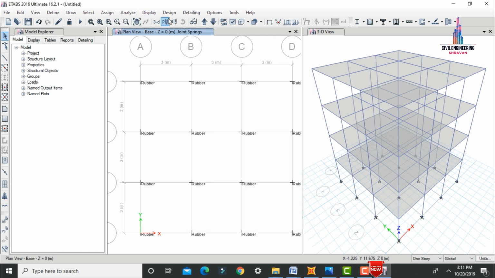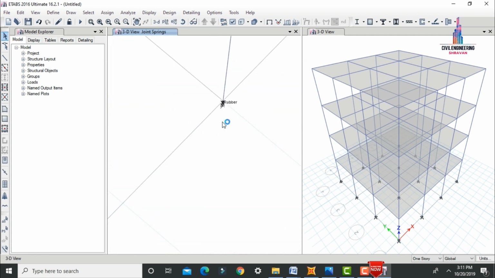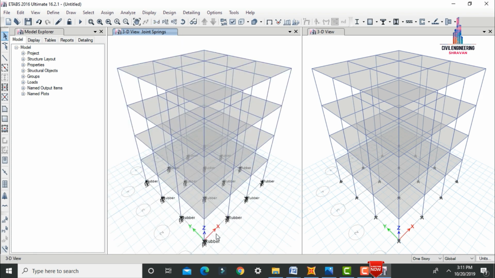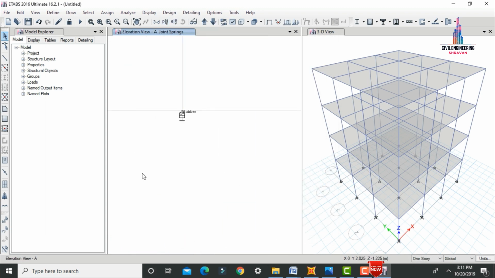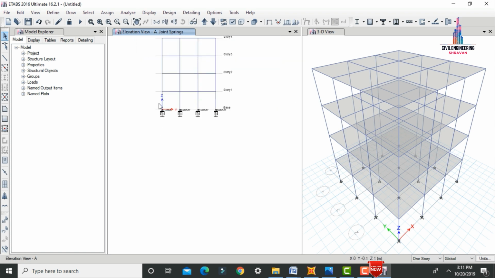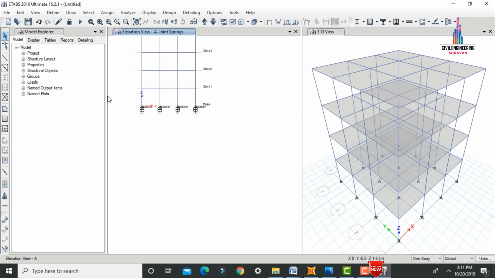Now I will show you this model in 3D view. So now we can see the rubber was assigned at this respected positions of the ground story for this respected building. Okay. So again I will show you. So these are the rubber supports at the base. So these respected rubber supports will be generally helpful for decreasing the deflection values. Okay. By using this respected rubber isolation systems, the deflection of the building is definitely decreases. Okay. So this is the advantage.